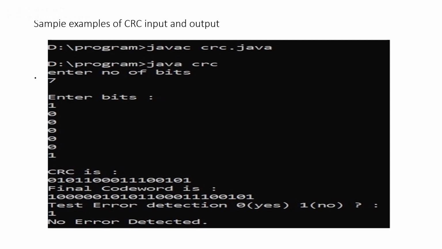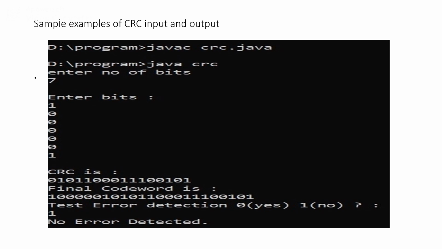After that, performing the CRC calculation as in our mathematical calculation in the previous slide, we get the result from right to left. The 16-bit CRC is the same as what we did in the mathematical calculation: 0 1 0 1 1, 3 times 0, 3 times 1, 0 0 1 0 1. We can call this the cyclic redundancy check, CRC. Now we need to make the final code word.